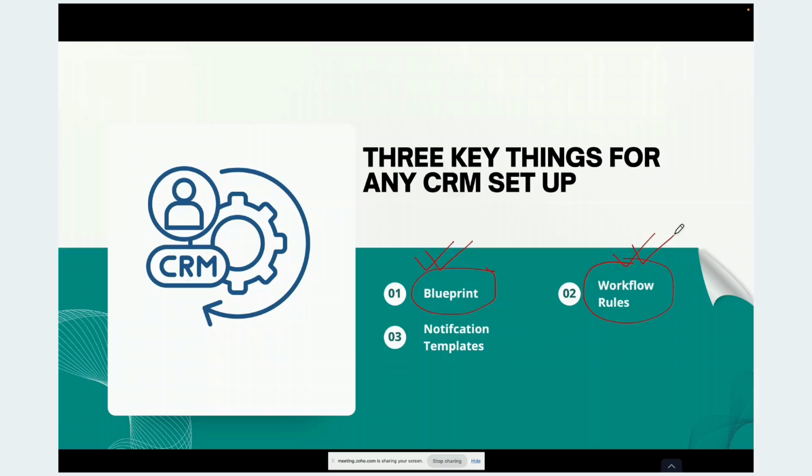A WhatsApp message should go to the customer. A well-designed email should go to the customer, congratulating them that they have crossed 10 lakhs. Maybe you can put this rule for 10, 25, 50, 1 CR, and so on. So milestone rules can be there. There could be review rules. There could be risk profiling rules. There could be n number of rules which you have to create. And the third most important thing is the notification.